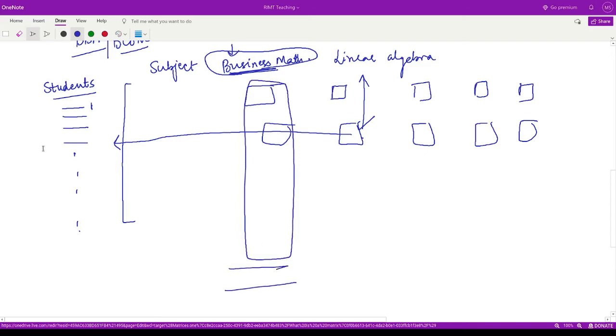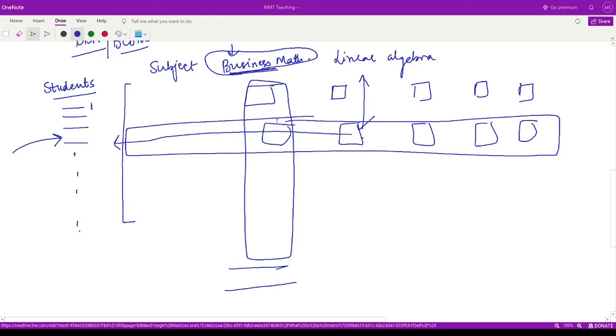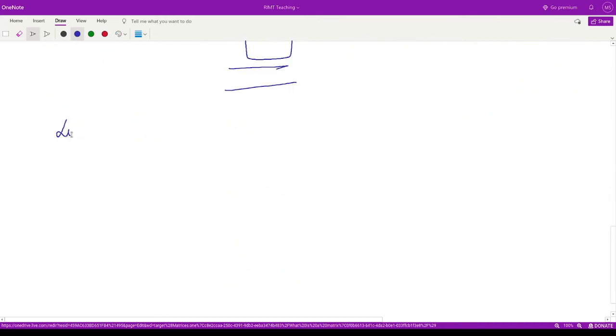Or if I wanted to see the performance of a particular student for all the subjects, what I can do, I can have a look at this particular line, which I am calling this horizontal line a row. So here also we can have a look at all the data points and we can see, by taking the average, what is the average performance of this student n, right? So this is the idea. So we can list down all the data in the form of matrices.